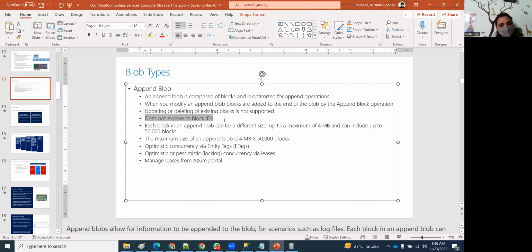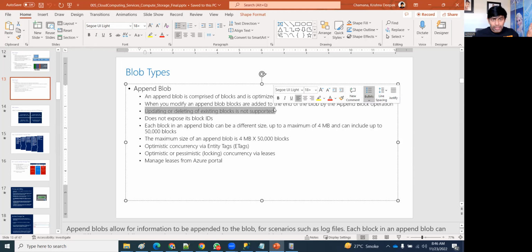In block blobs, you can see the block IDs. We can find out the block IDs. In Append Blobs, it completely hides the block IDs. It's not exposed. Even with PowerShell or any commands, you can't see the block IDs. And updating or deleting existing blocks is not supported. You can't touch the initial block.